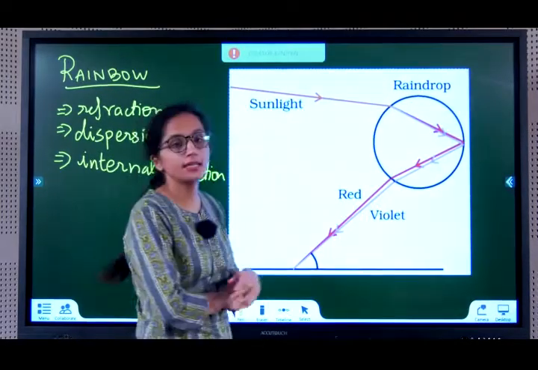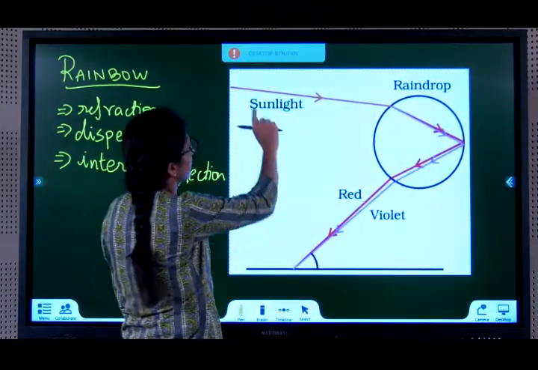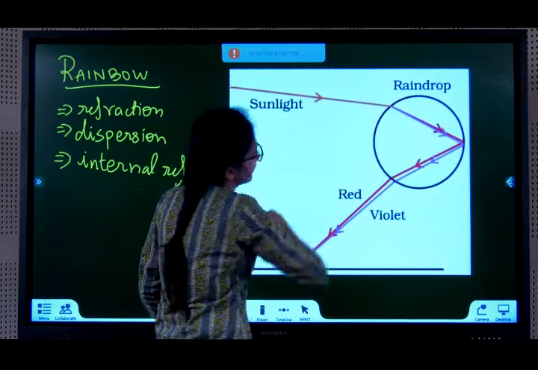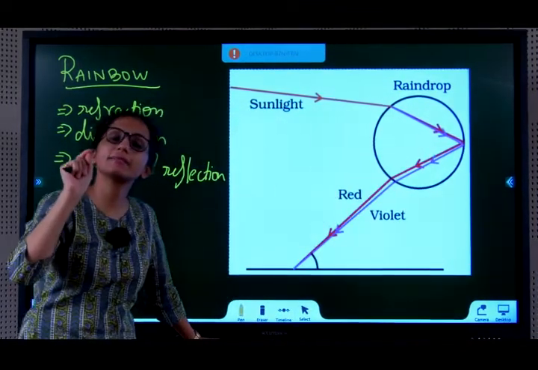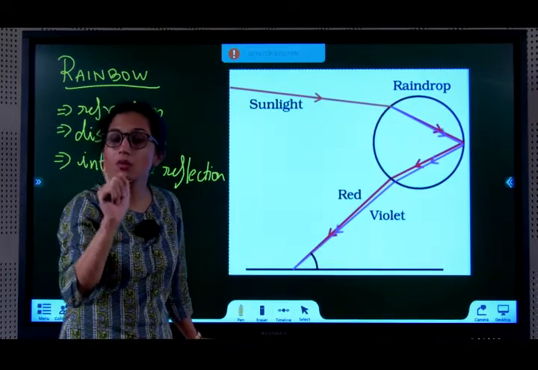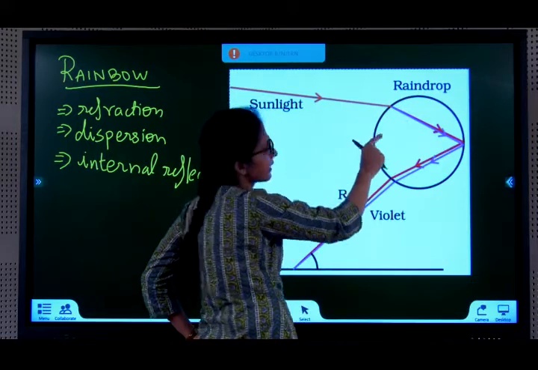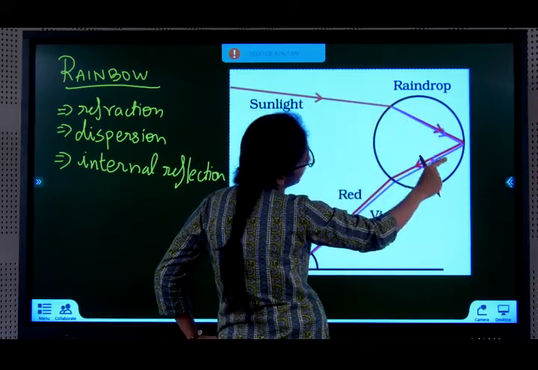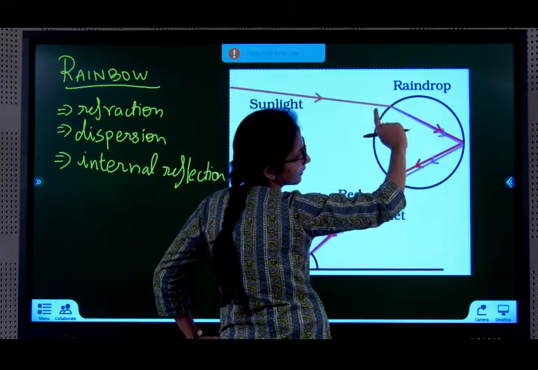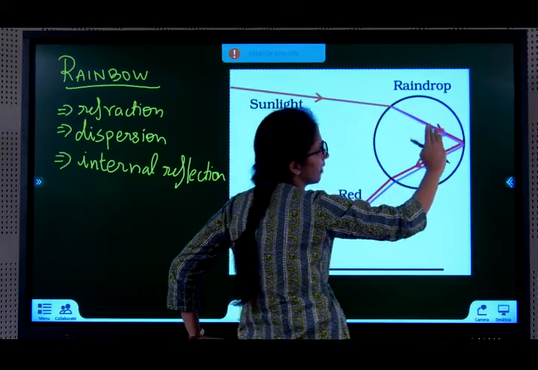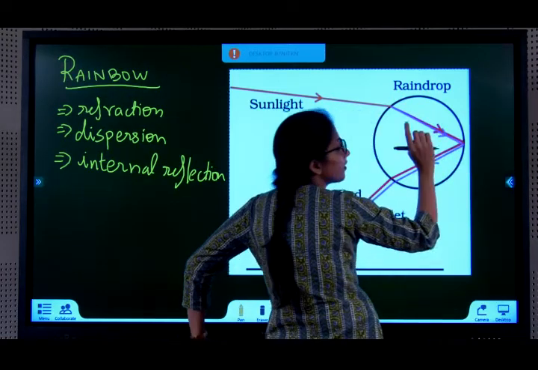We also need the sunlight. So sunlight is originally white in color. White sunlight comes in. This is a prism. In a prism, if white light enters, it splits into its 7 colors. Why? Because of dispersion. So it splits into its 7 colors. Red is on top, violet below. It goes here. In this water droplet, it's the denser medium. Outside is air. Denser medium to air.